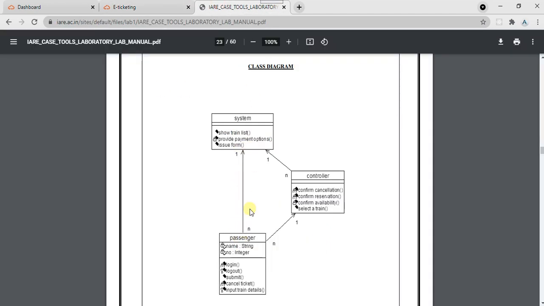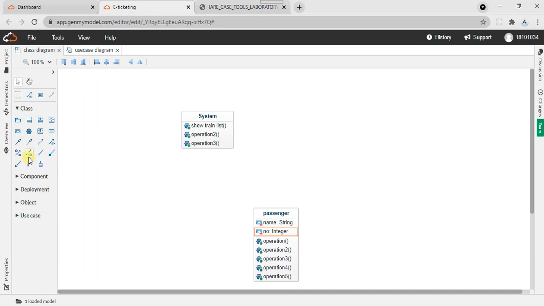Afterwards we have to create the association, this relationship and all. Let's see an example of how to create a relationship between these two classes. Here you can see n and 1 relationships they have, with an arrow mark of